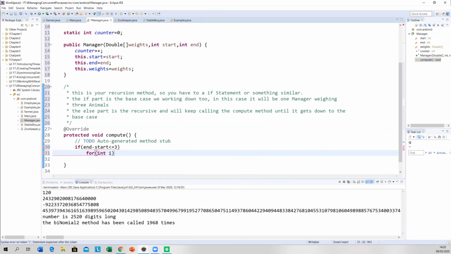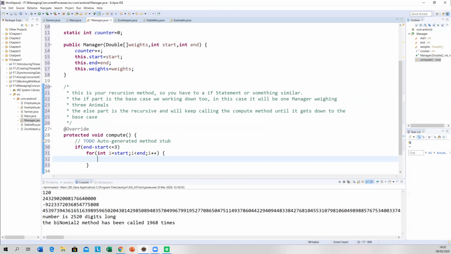Then i is equal to start, i is less than end, i plus plus. So now we're going to weigh. At most there's going to be 3 weights, no more than that. You can't have less than that.